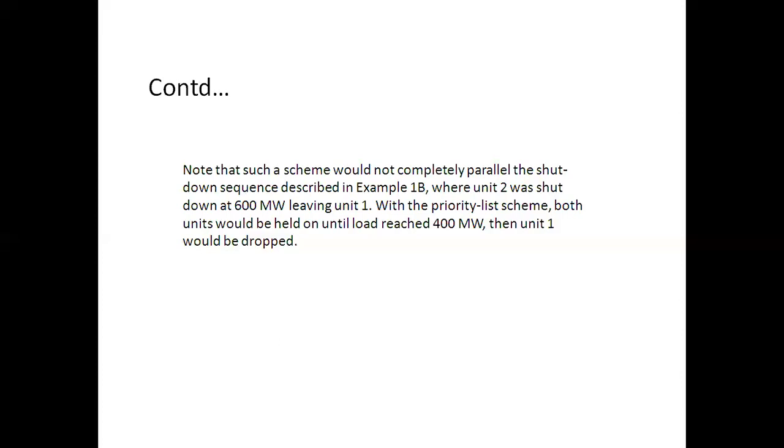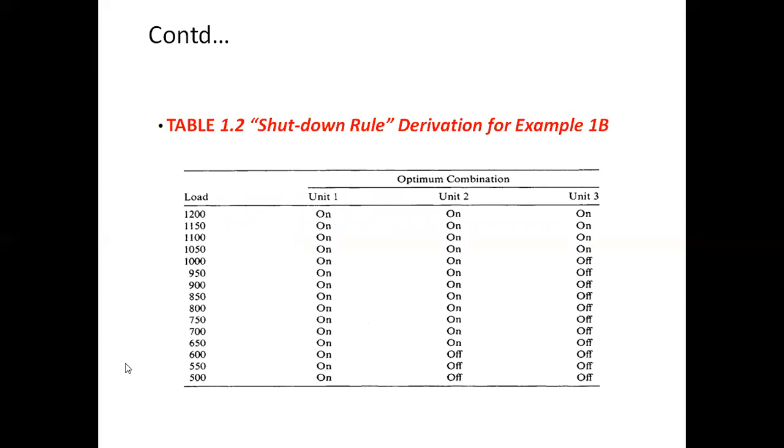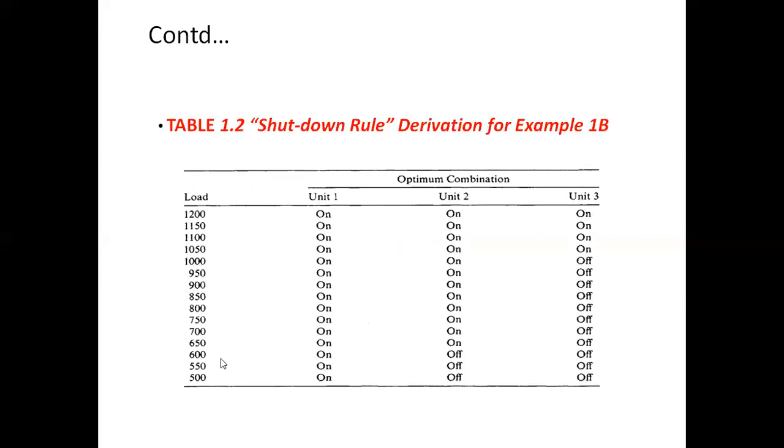So if I go to that particular table, it is the simple shutdown table, with the shutdown rule that we applied: below 600 megawatt run only unit 1. So it is clear that below 600 megawatt, all the other units are off and unit 1 is in running condition. It is a simple shutdown rule. Now we are using the concept of the priority list method, meaning we are given the concept of full load average production cost. So if I look at that particular table for the full load average production cost that we have already seen, unit 2 has to run